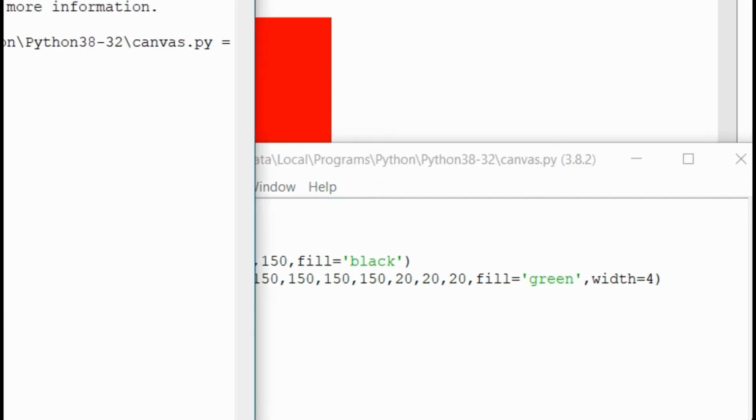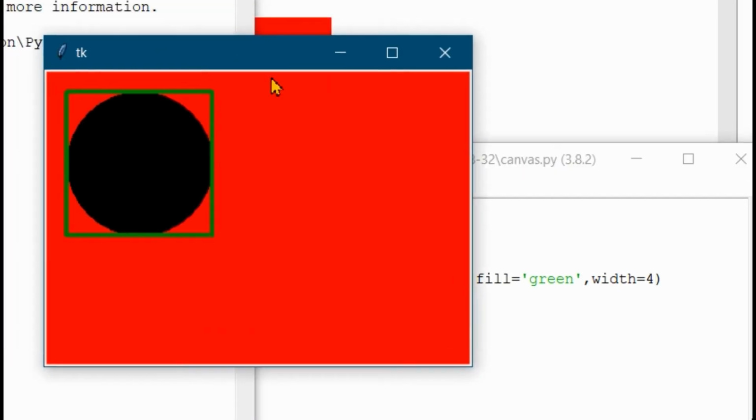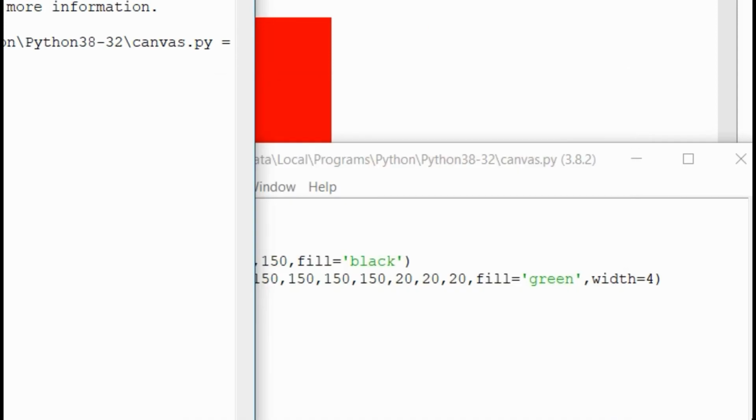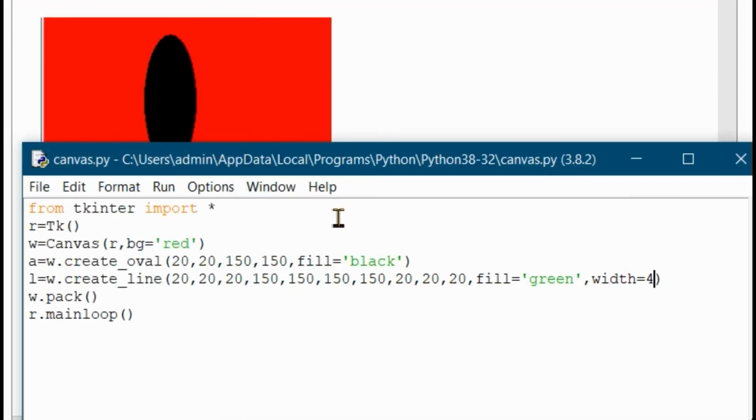Now we will see that, and here you can see that it forms a square. This is the point 20, 20, this is 150 comma 150, and here is 20, 150, here 150, 20. And similarly for the ellipse also we can show. And now we will discuss about